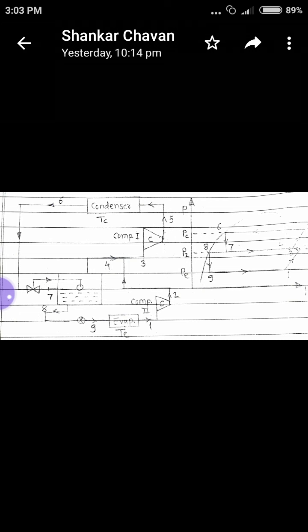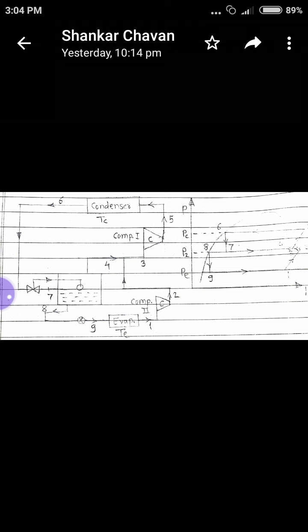Now 5 to 6, in the condenser, constant pressure heat rejection takes place and it converts into liquid form. At constant pressure, that is an exactly horizontal line, 5 to 6. Point number 6 lies on the saturated liquid line, which indicates all the vapor refrigerant has converted into liquid form. After that, that refrigerant gets expanded, that is 6 to 7 with the help of the throttle valve, that is throttling takes place, and enthalpy remains the same, 6 to 7. It is also called an isenthalpic process.